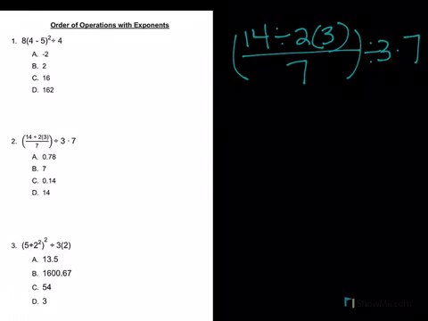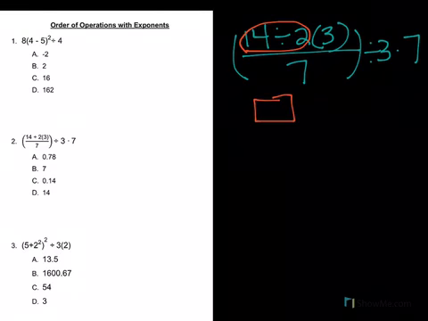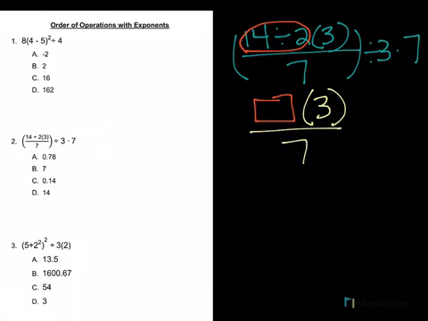So the first step is you are going to do this part right here, 14 divided by 2, and then you're going to do that answer times 3 divided by 7 divided by 3